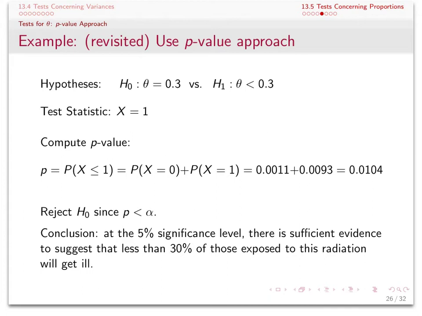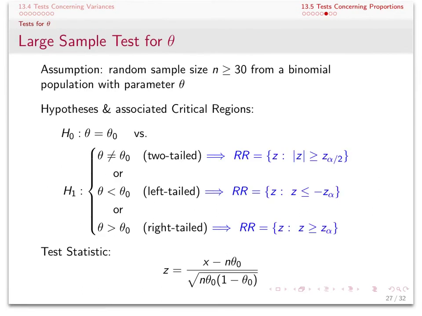Now, what if we end up having a large sample, say n greater than or equal to 30? We certainly wouldn't want to use the method that we just used. It would be too cumbersome. But we might remember from before that for large samples, the binomial distribution may be approximated with the standard normal distribution. As such, we can have a large sample test for the binomial parameter theta, in which case we define